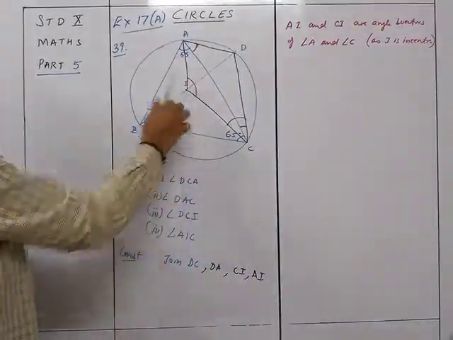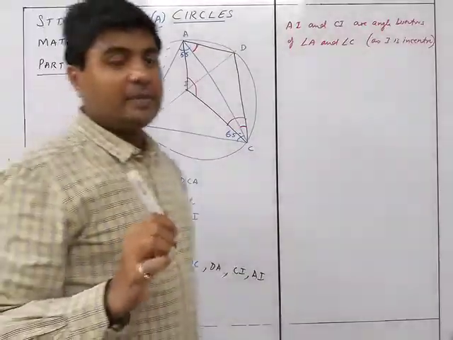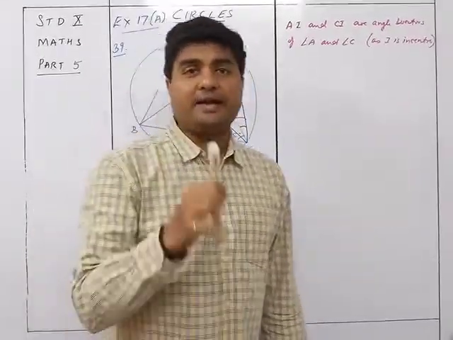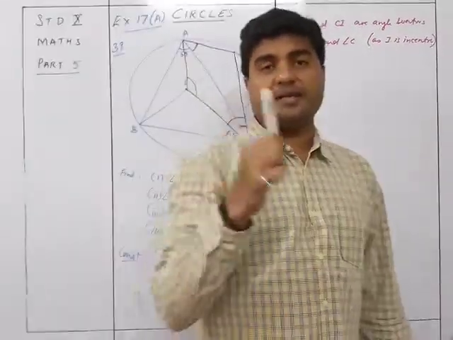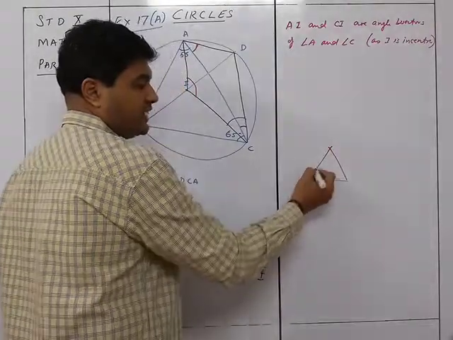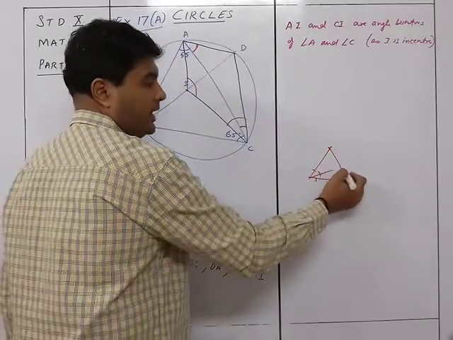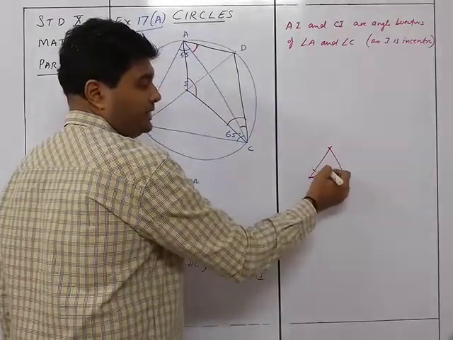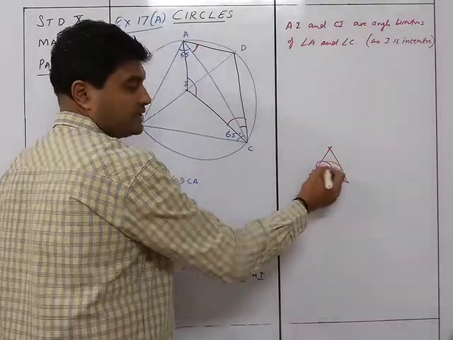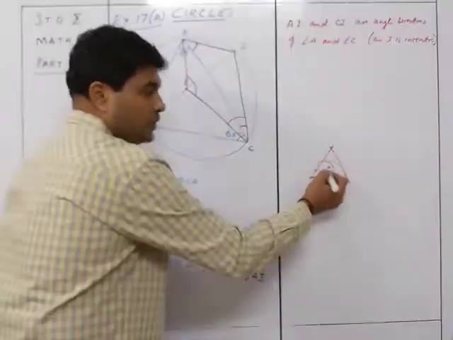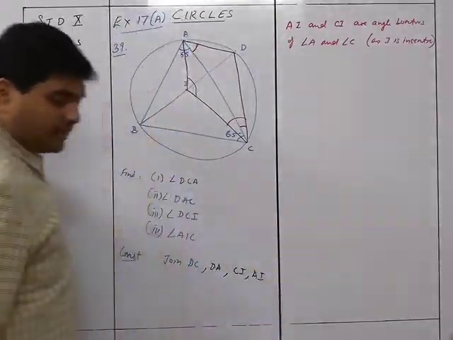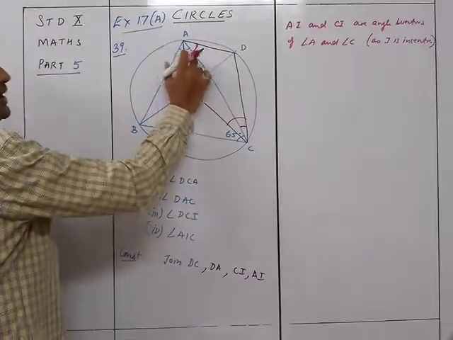Okay, since I is the in center, what it meant, let me tell you: the incenter is the center that is formed for drawing the incircle. How do we make the incircle? Suppose I want to draw the incircle for this, I draw the angle bisector here, I draw the angle bisector here, and then from here I take the radius and draw the circle. So that's why this is the incircle, incenter. So what is formed by angle bisectors is the in center. So that means this is going to get divided into two parts.